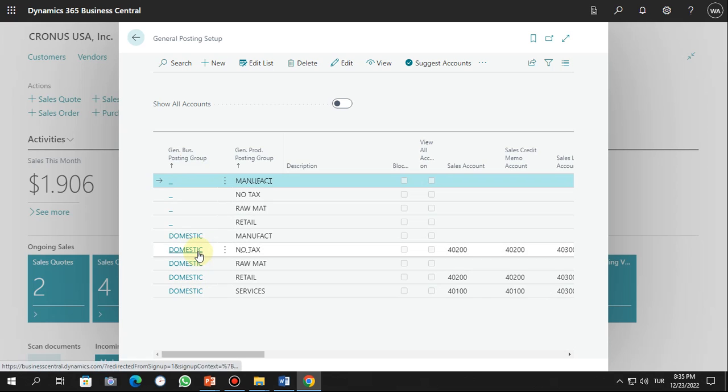customers and your vendors. So basically here you can see, for the example that we have in Kronos, that we have the same general product posting group with this general business posting group empty and with this defined as domestic. So here, just to explain before, when this is assigned here as empty, that means that I will use this to post, for example, if I need to do adjusting the stock,